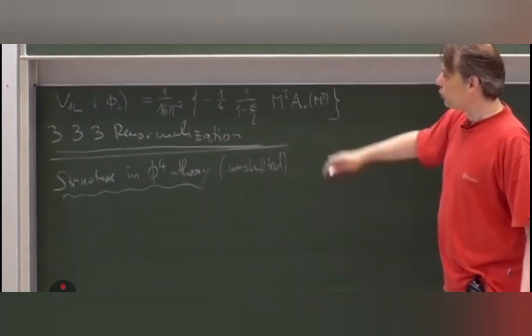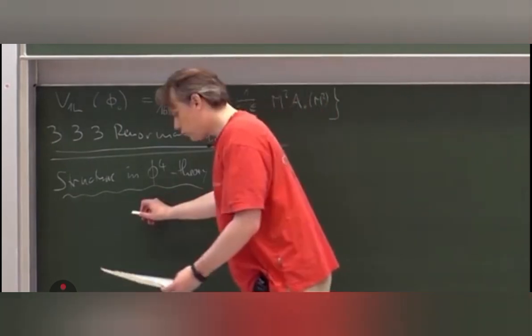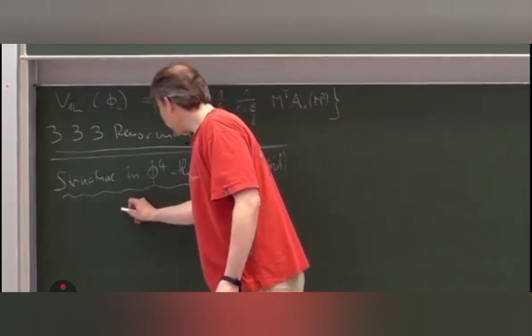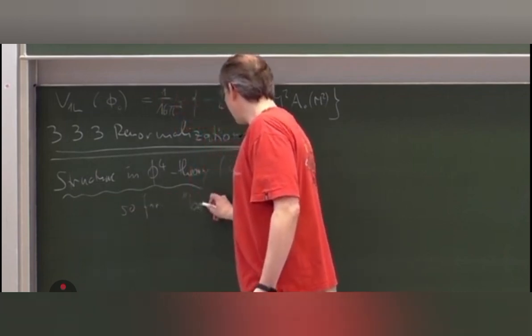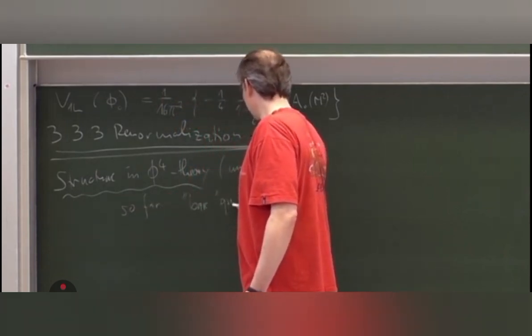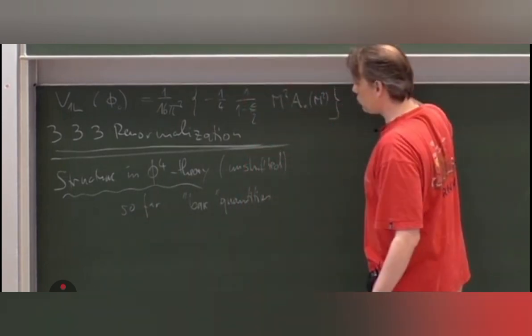The renormalization just proceeds on the level of the original Lagrangian, and there so far we had so-called bare quantities defining our Lagrangian, and now